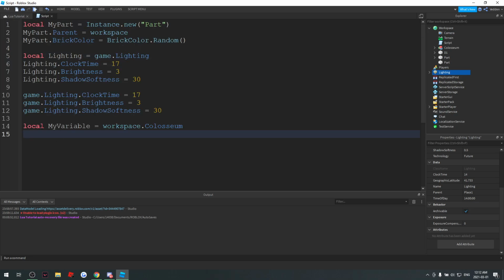So now we have variables, okay? So the issue with this sometimes is when you're in a game and you're running things, like the scripts are doing stuff, if you sometimes just do workspace or whatever dot, this is assuming that it's there, like it's literally there. The problem is